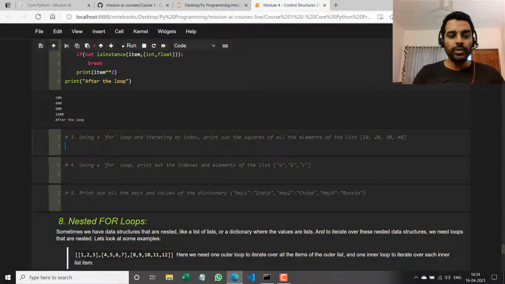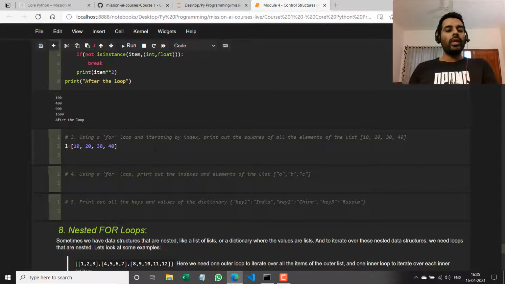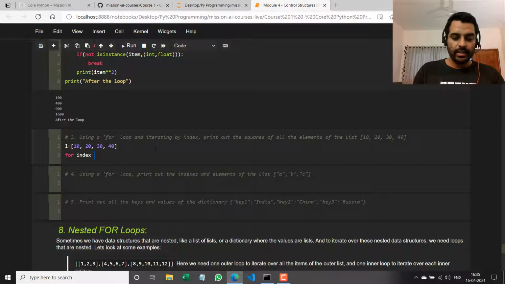Okay, using a for loop and iterating by index, print out the squares of all the elements of the list 10, 20, 30, 40. So I'm going to say L equal to 10, 20, 30, 40, which is a list. And I'm going to iterate by index, right? So if the list has 4 elements, what are the indexes of those elements? 0, 1, 2, 3, right? And how do I get that? Range of 4. And in this case, it's the range of length of L. So for index in range of len of L, that's range of 4, which is 0, 1, 2, 3,